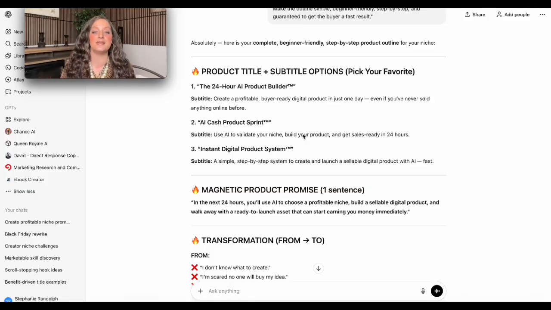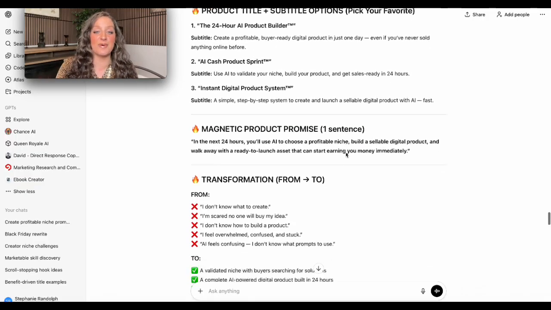digital product system. I love instant digital product system because it allows people to then think, and I could paint the transformation of after they get done with my course, they're going to instantly have a digital product system. Not just a digital product, because having a digital product, you still have to know how to create the content. You need to know how to validate the niche. You need to know how to then go out and create the content to promote it on social media. And you need to be able to know how to sell it as well. Okay. So you should have the whole system, not just creating a digital product.